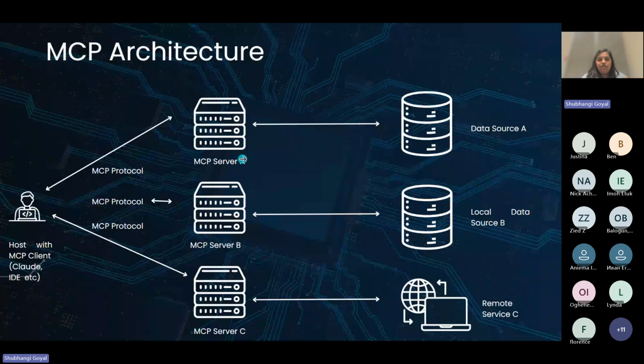Now here sit MCP servers, which is basically, let's say you have n different servers. So this is your server A, server B, server C, and here the MCP protocol particularly sits. And then if you think about data sources, for example, you could have SQL Server, you could have some file storage, you could have some other repository. So you can have different data sources. This is your data source A, this is your data source B, and this is your remote service C. All these three different data sources connect to the MCP server, which ultimately gets called into your host client or your MCP client.